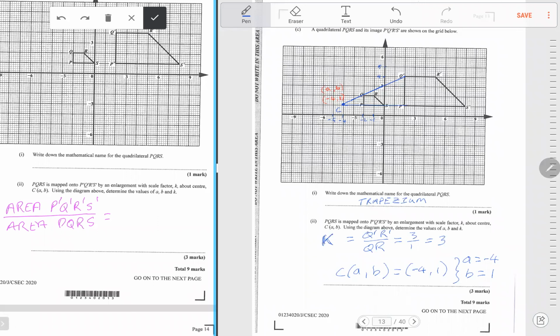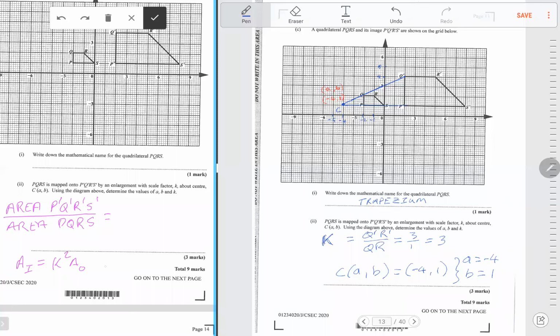3? No, we're talking about area. It is wrong, and let this be the last time. You need to study the must-know sheet. The ratio of the areas is K squared. Remember this: area of image equals K squared times the area of the object. So if you divide by the area of the object, you're going to see